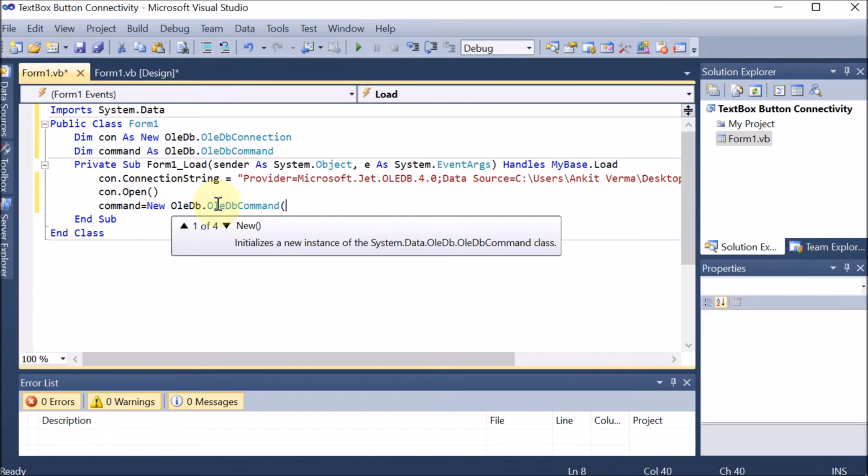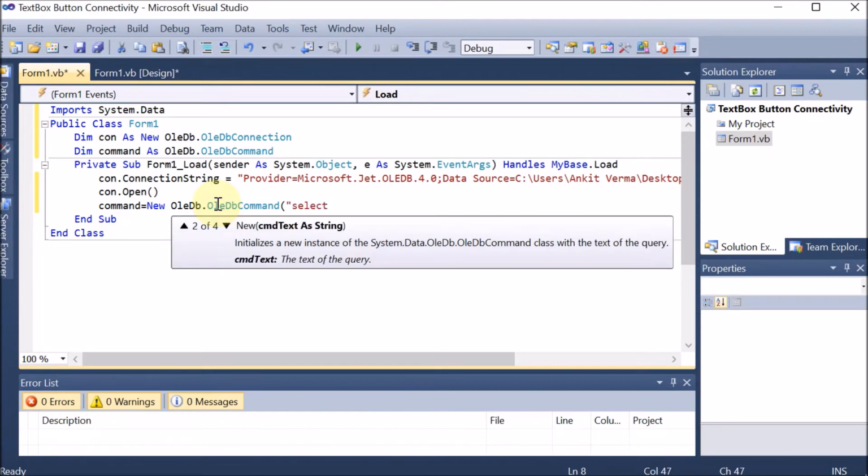The name of our table is employee, so whatever name you have mentioned over there, you provide that. So this is the SQL query we have made.